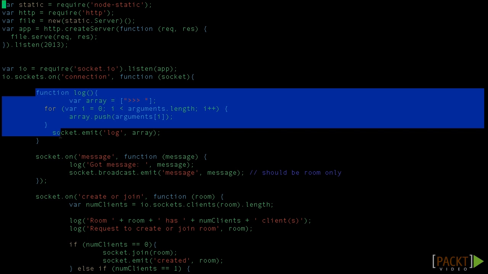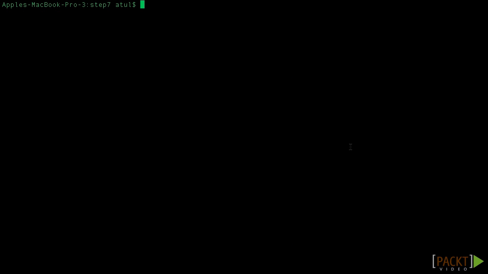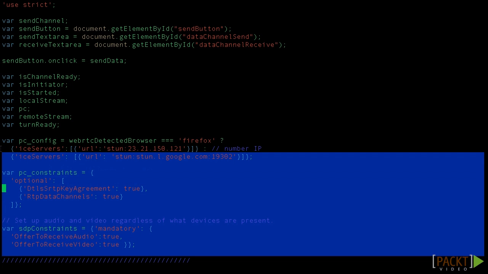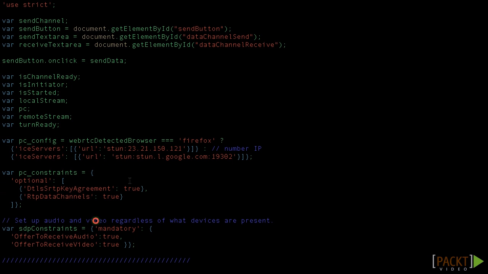as expected. Let's see now the main JavaScript code, containing the truly WebRTC code. This code is served from a JavaScript file, which is inside the js folder, called main.js. First, we have some constraints for the WebRTC server. We have the constraints for ICE servers, we have the PC constraints, and we also have the constraints for SDP. We want our peer connection to use data channels for chat, to use DTLS, and we want our SDP to force audio and video. That's why we have mentioned offer to receive audio and offer to receive video both as